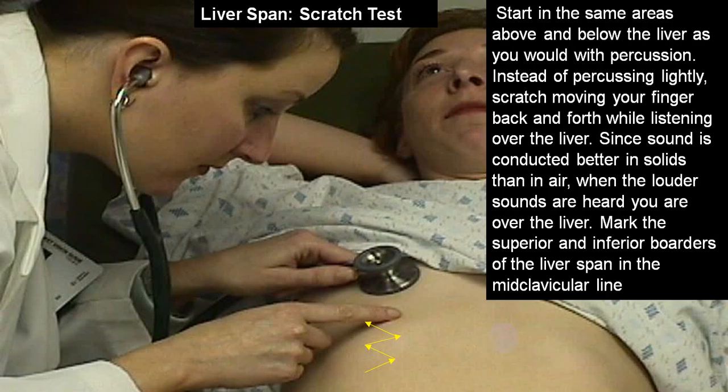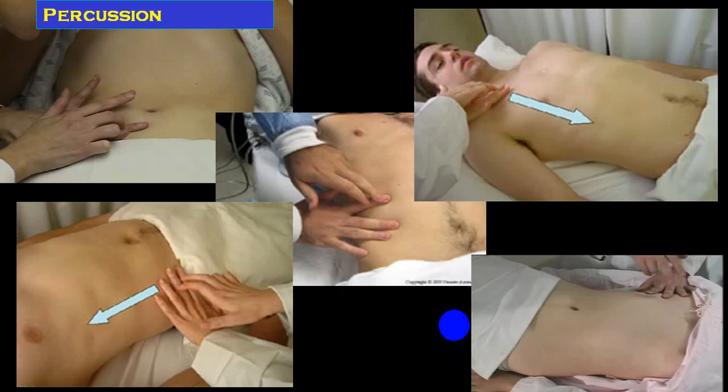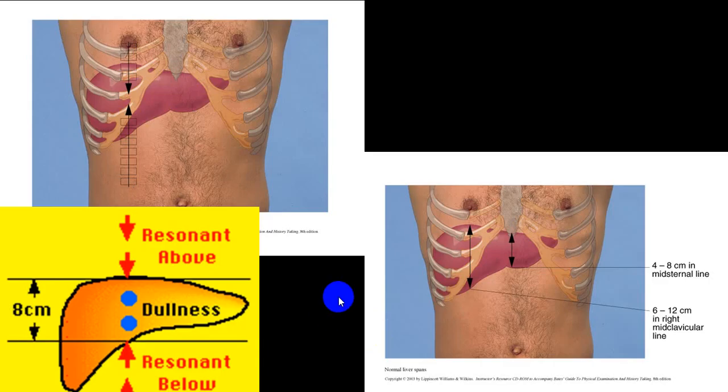I've already shown this particular slide in auscultation. So this is identifying the upper border, you are percussing from above downwards, and this is from right iliac fossa towards the right hypochondrium to identify the lower border of liver, and after that you will be able to mention whether there is an enlarged liver or not. So there are certain possibilities. If you get the upper border of liver in the fifth intercostal space and lower border parallel to the right costal margin, usually that is considered as normal.